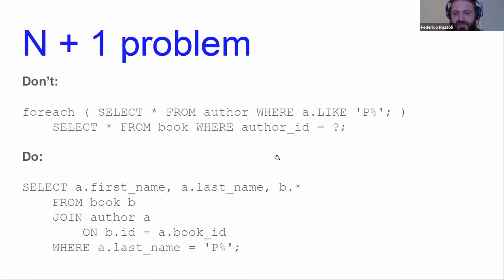The second example is what you should do instead. If you don't know how to write a join, I really suggest that you learn the syntax. It is simpler than it seems, actually. You just specify two tables, then you specify an ON clause that says how the tables are related. This is a short talk and I cannot explain every detail of joins here, but the basic idea should be clear.